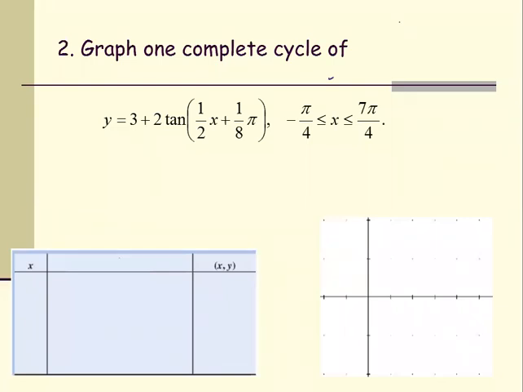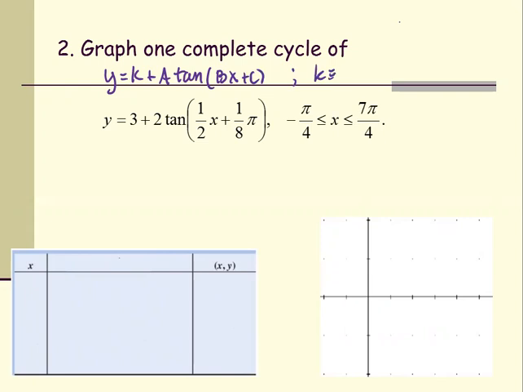For this example, we're going to sketch one complete cycle of the graph of y equals 3 plus 2 times tangent of 1/2 x plus 1 over 8 times pi, and x between negative pi over 4 to 7 pi over 4. As we see this function, we're going to make a list of the numbers k, a, b, and c. Follow the pattern of y equals k plus a multiplied by the tangent of bx plus c, where